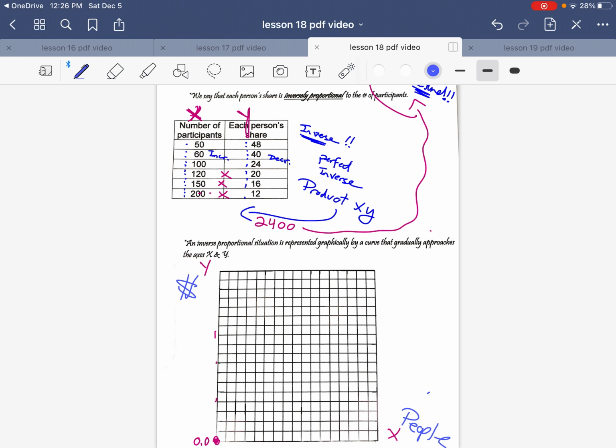I have to label that or you lose points. You lose points if your X and Y are reversed. You made a mistake. And it is definitely crucial if you don't have the 0, 0 happening. So I need to graph on the X